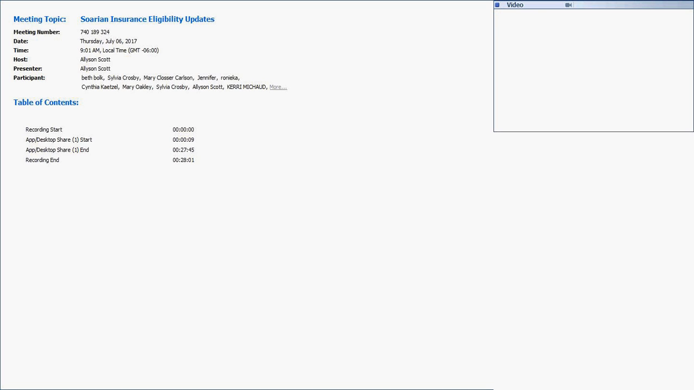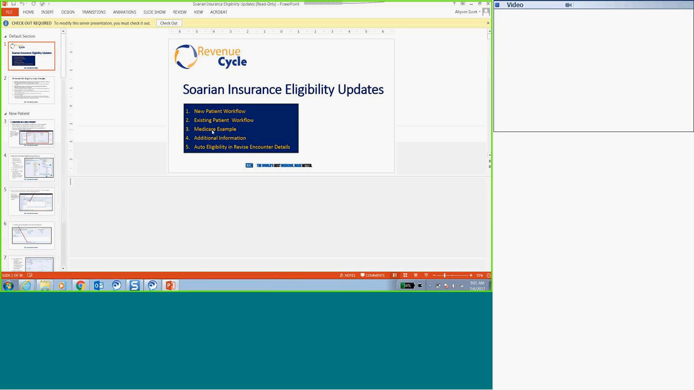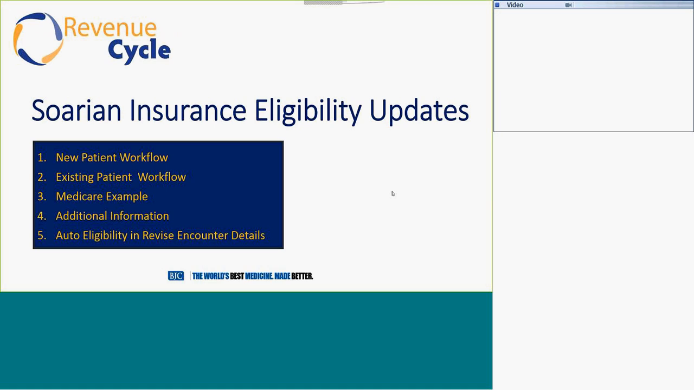Recording started. I'm going to go ahead and share my screen. Okay, can you all see my screen here with the revenue cycle symbol at the top? Yes. Great. Okay, so